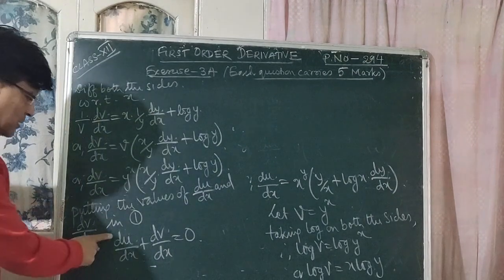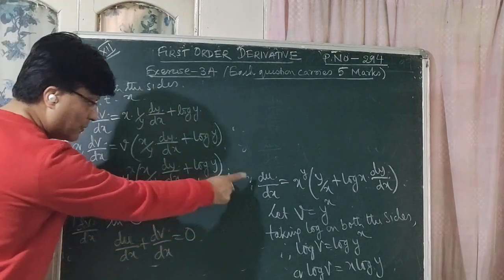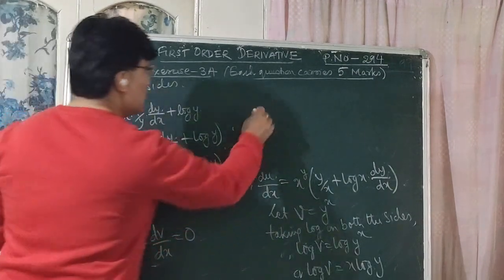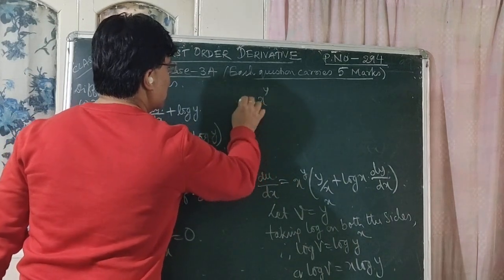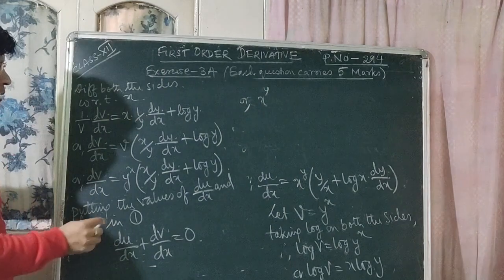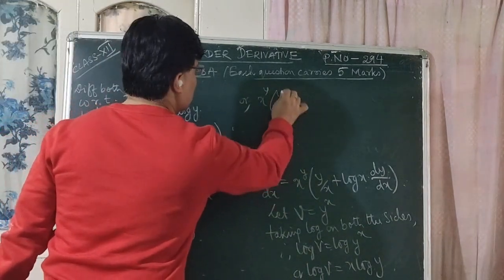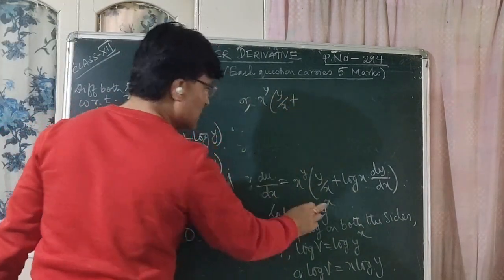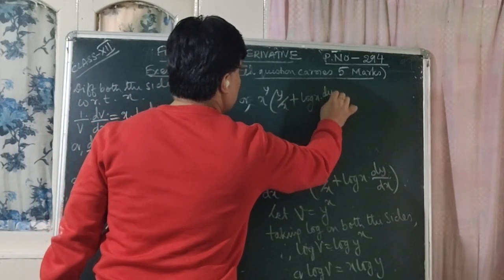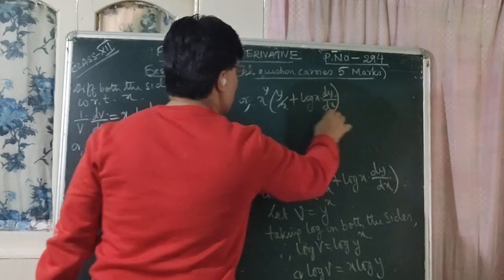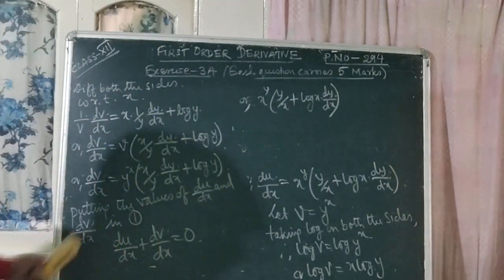So what is du by dx? First of all, put the value of du by dx from here. So it is x to the power y, x to the power y within bracket y by x plus log x dy by dx. This is your du by dx plus